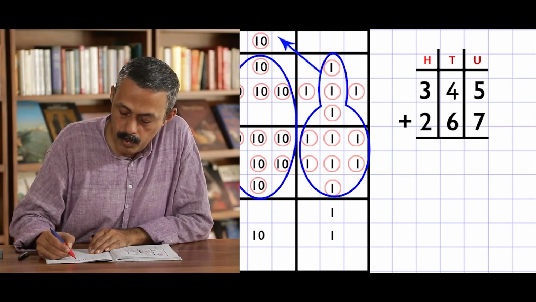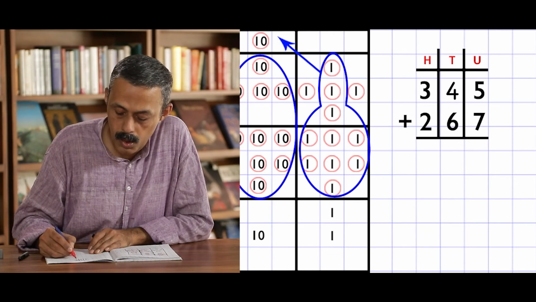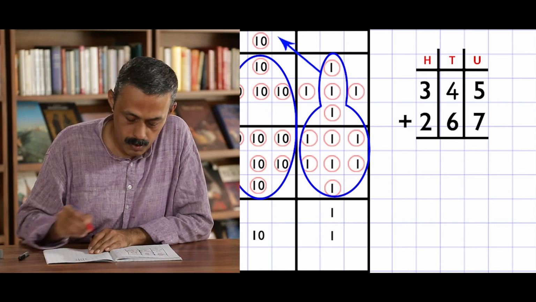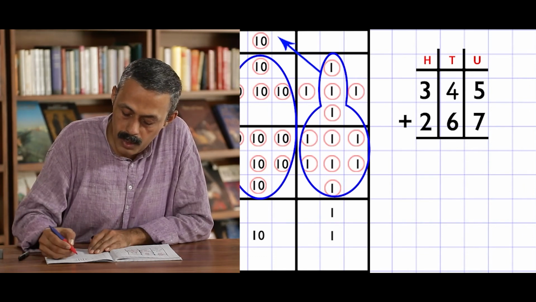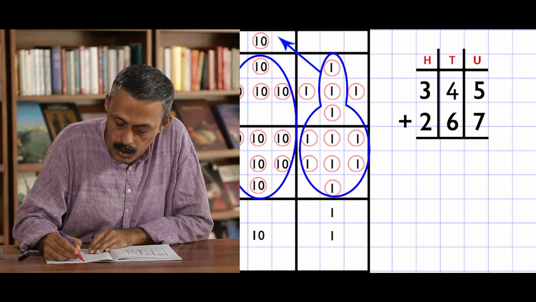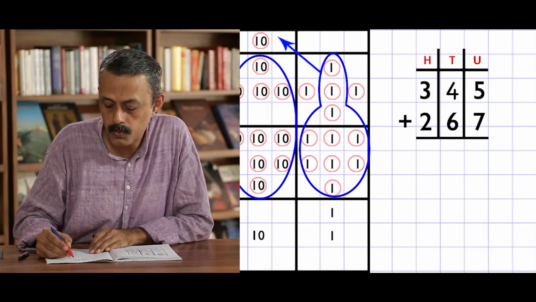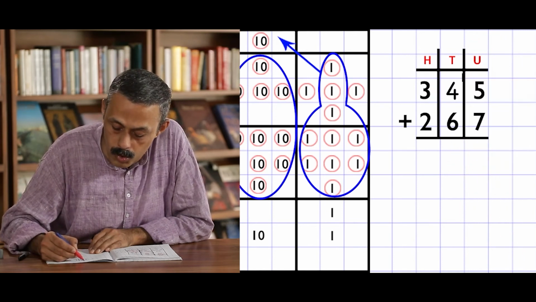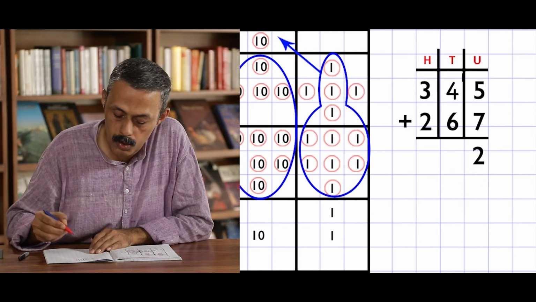If you add 5 units to 7 units, you get 12 units. Can we write 12 here? Not possible. Why? What did we do earlier? We made a group of or a stack of 10 and moved it to this place. That means 110 is here. What is remaining? 2 units. Therefore, if this 110 is added to 4 tens, we get 5 tens.